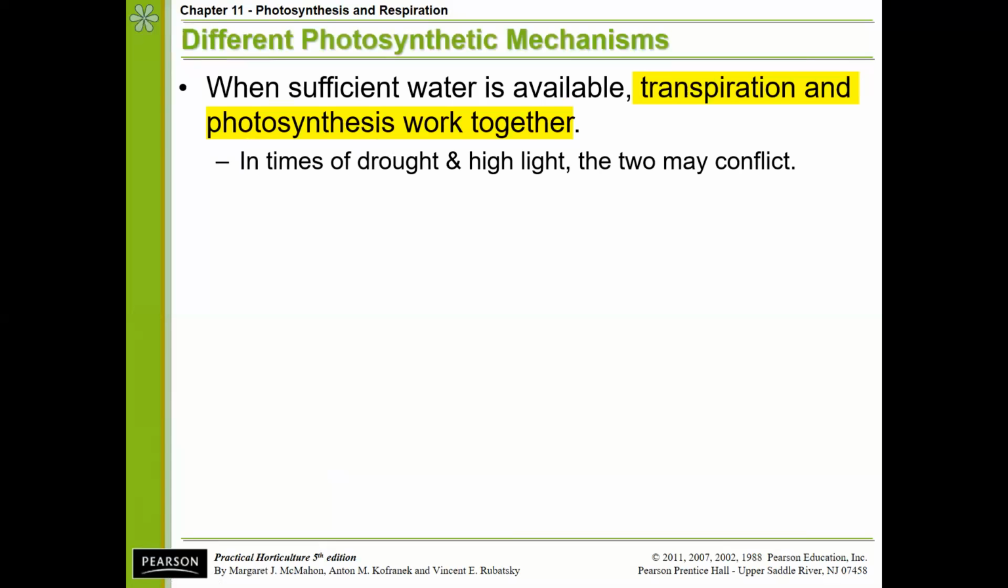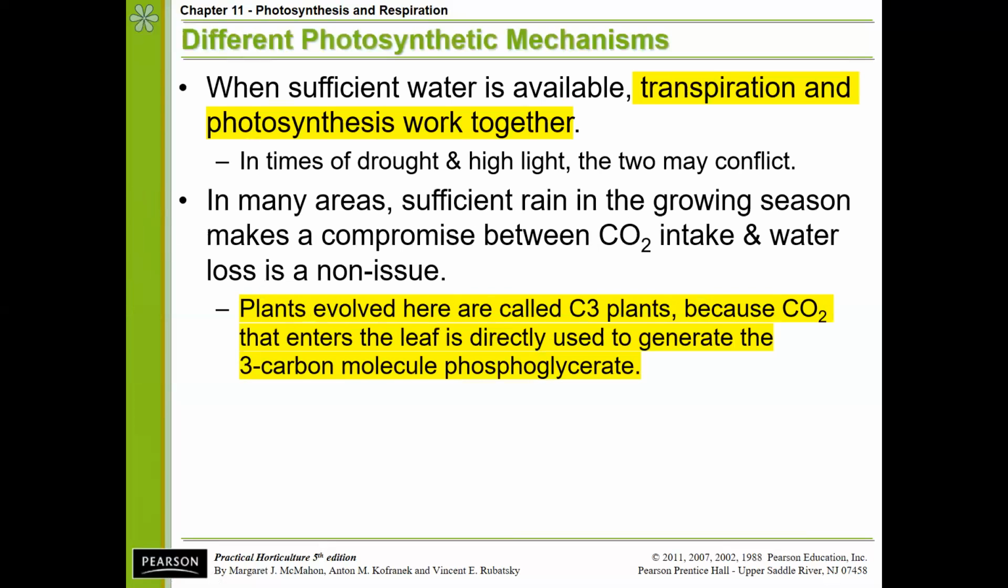Whenever we have drought or too much moisture, we can have the two conflicting, where it's off of equilibrium. There's either too much transpiration and not enough photosynthesis, or in some cases, too much photosynthesis and not enough transpiration, which causes crops to decline. In most areas, especially where we are in the mid-Atlantic, we have sufficient rainfall in the growing season, and therefore there's a compromise between CO2 intake and water loss, which is not a major issue unless we have dry